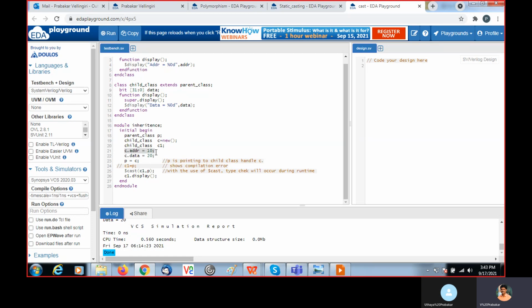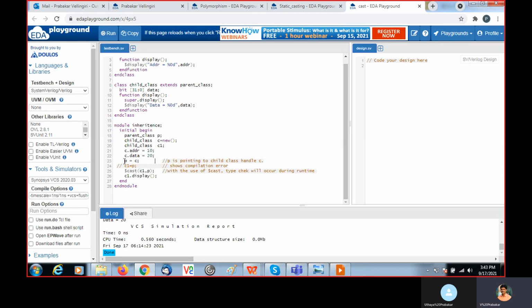Now I am assigning the value for address, which is present in the C class. C is pointing to this class. Inside that you have the data, and the address is inherited from the parent class. So I am setting address to 10 and data to 20.